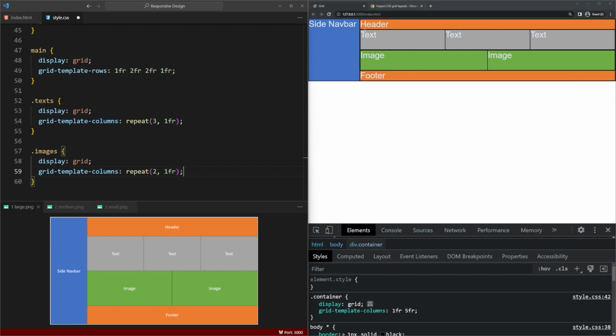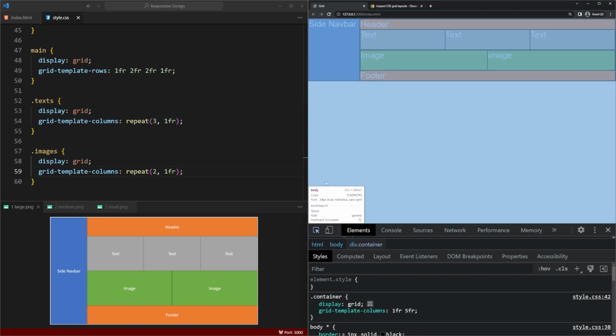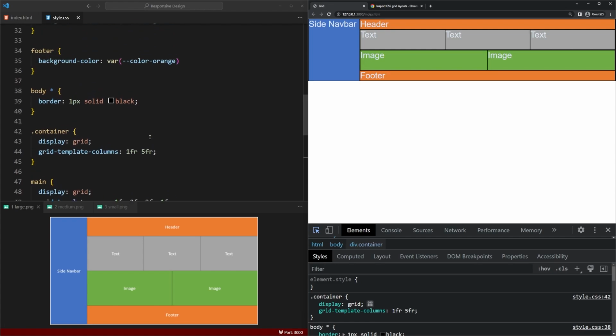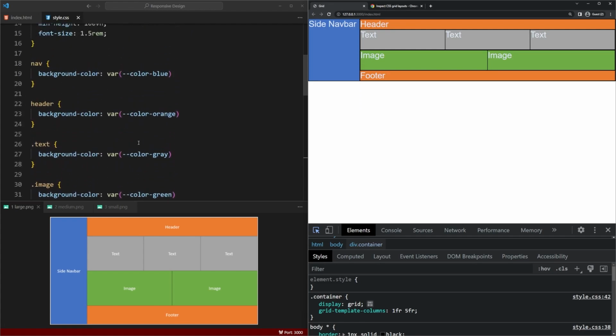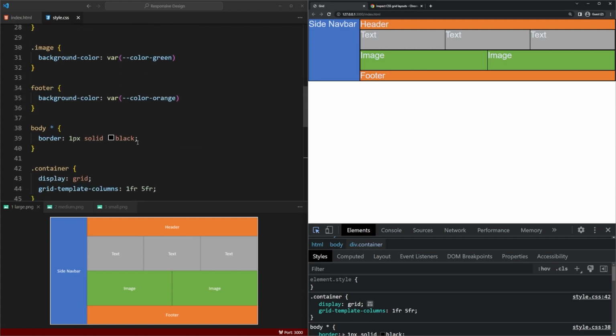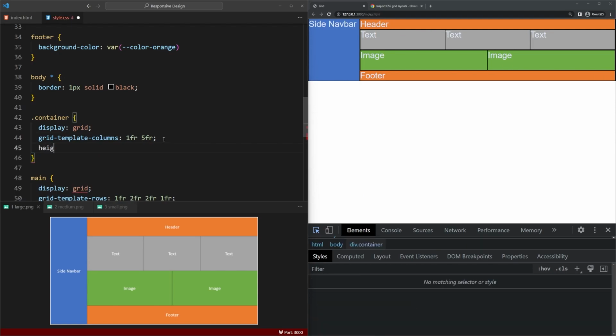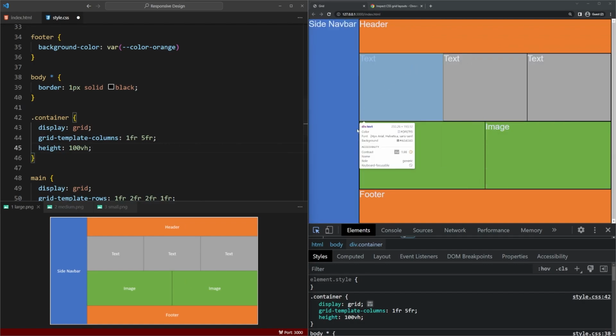So the first thing we'll do is make sure this takes up the whole space. So if we're inspecting this, you can see our body is all of this, but the sidebar, the nav bar only needs this. So let's go ahead and just do it to the container. We want this container to fill up the entire viewport. So what I'll do is say its height is 100 VH, and now you can see that's taking up the